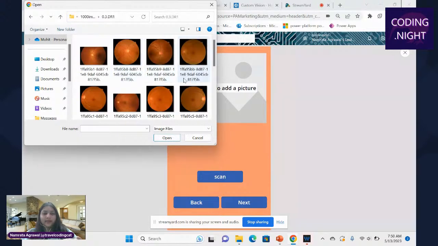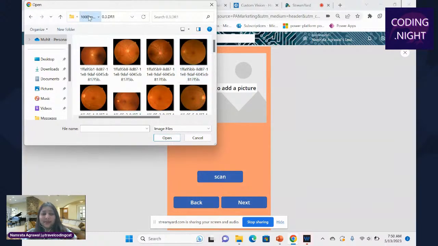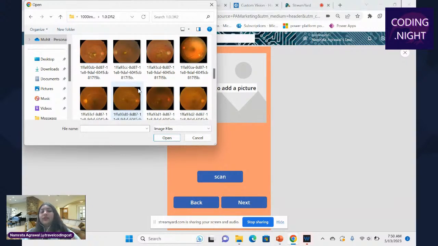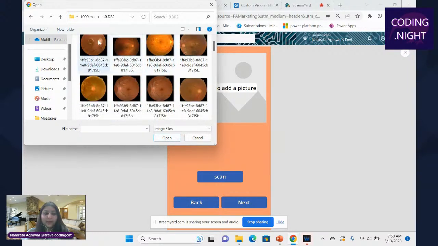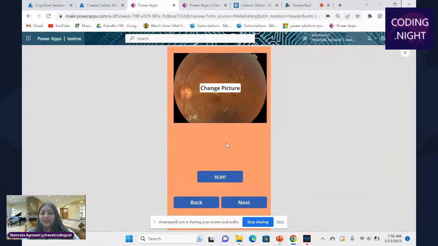Okay, let me show you this one. Let's search for the scariest image. Because you should know what is actually there in your retina once diabetic retinopathy happens. Okay, let's find this one, or maybe this one. So see, this is the image having diabetic retinopathy. That means there has been some issue and damage caused to your blood vessels because of that.